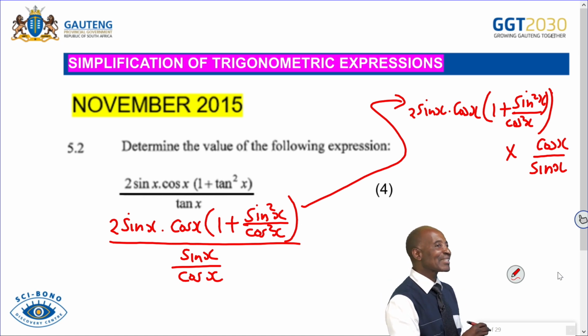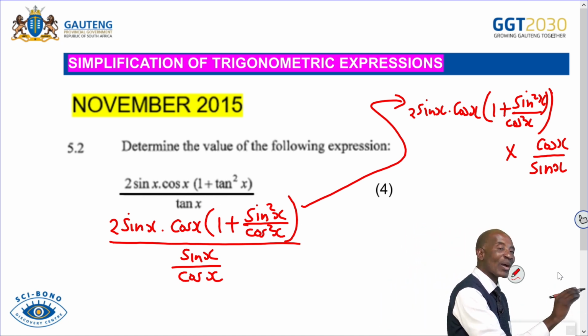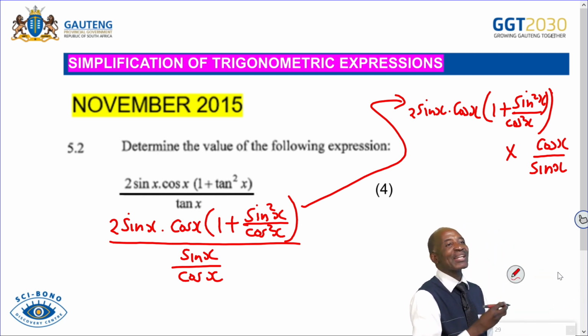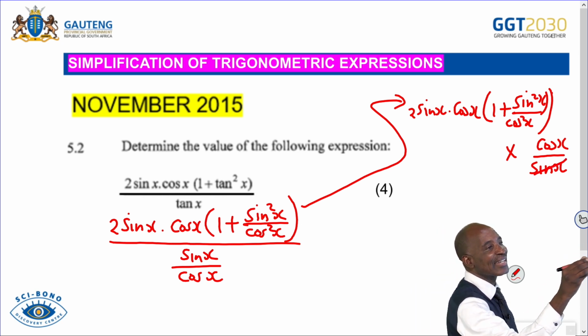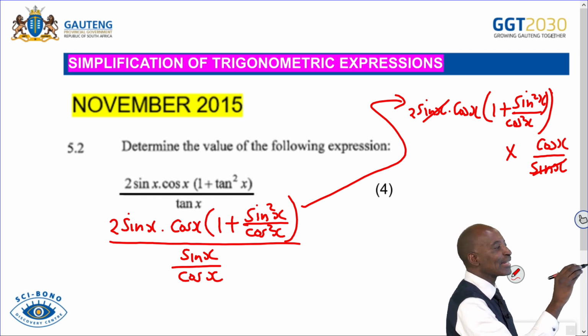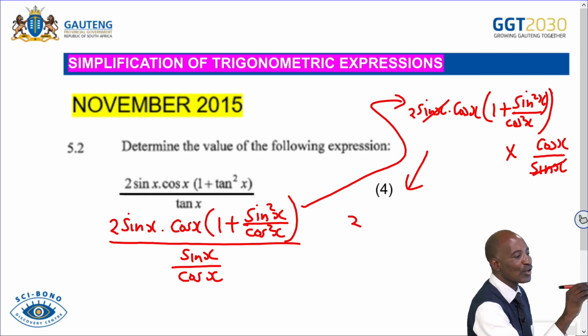Cos x divided by sine x, tip and times. Your denominator was sine x over cos x. You now multiply by cos x over sine x. You will find that sine divides with sine, they go. So what's left now is 2. You are now left with 2 cos x